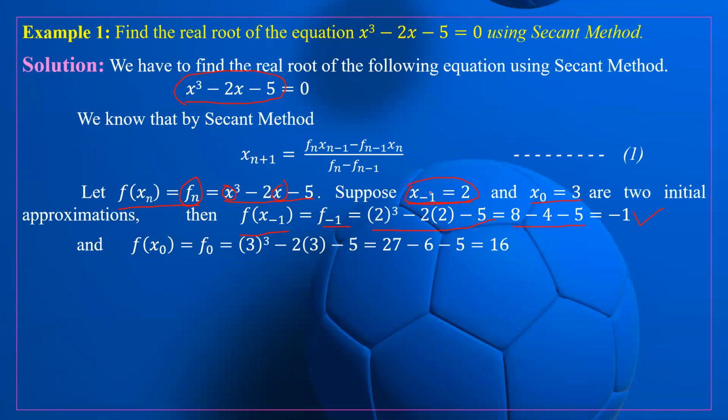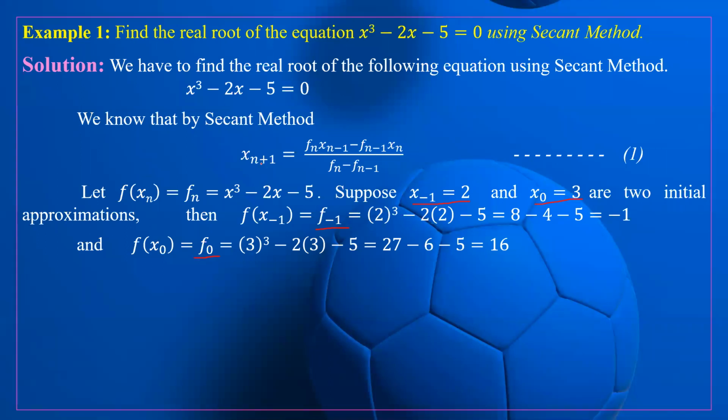So we will choose these two values in such a manner that for one value of x we are getting a negative value, and for the other value of x we are getting a positive value. Okay. So this is what it is, hit and trial method. So we start from 0, then 1, then 2 like that. So we can write like this. Correct. Next. We have already calculated the values of x minus 1, x0, and their function values f of minus 1 and f of 0.